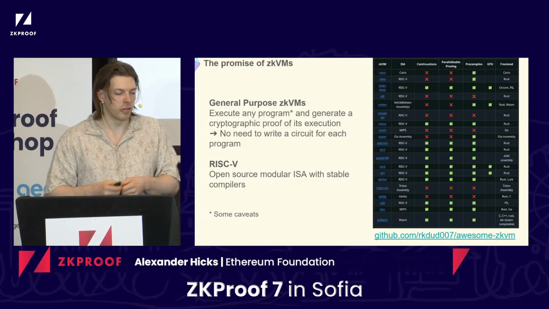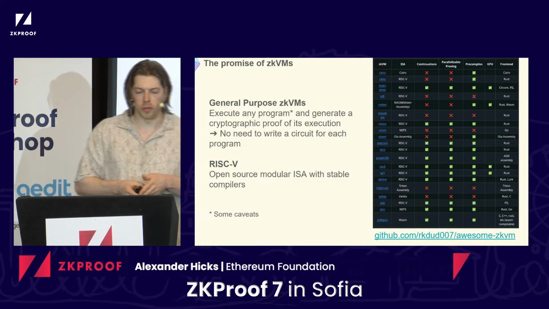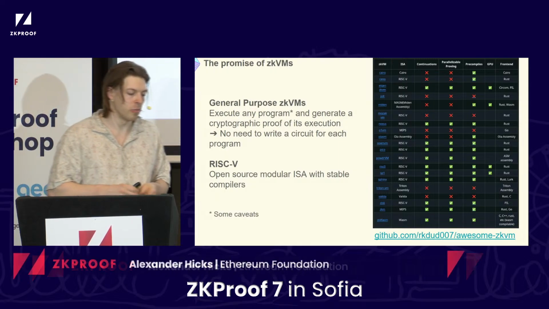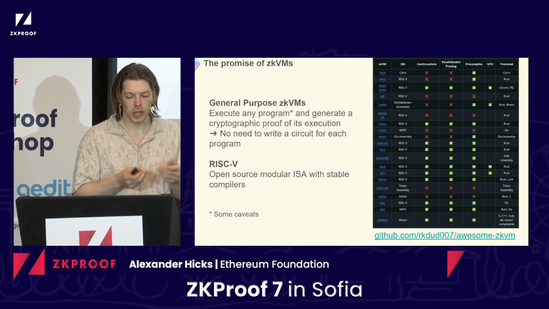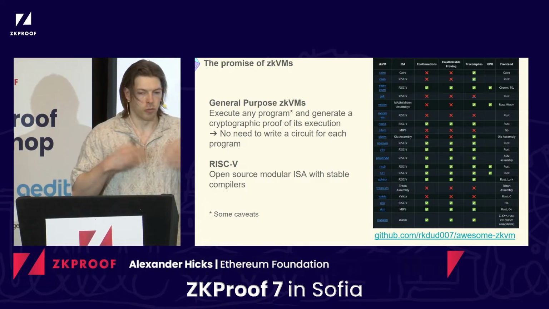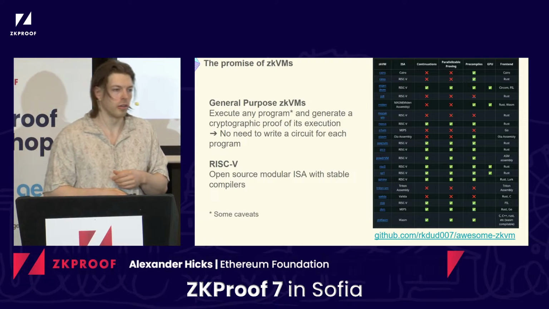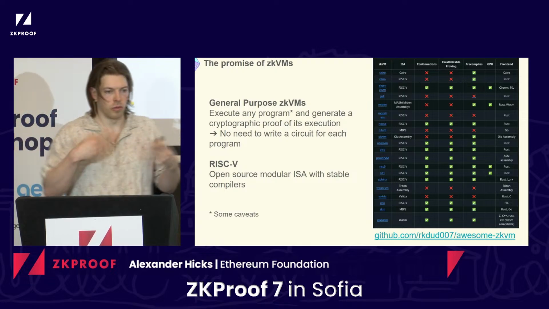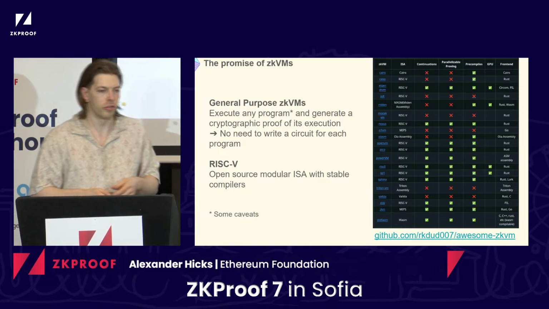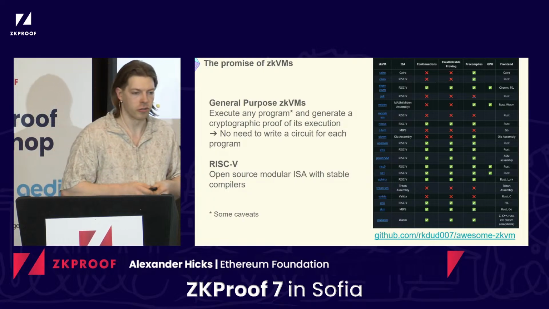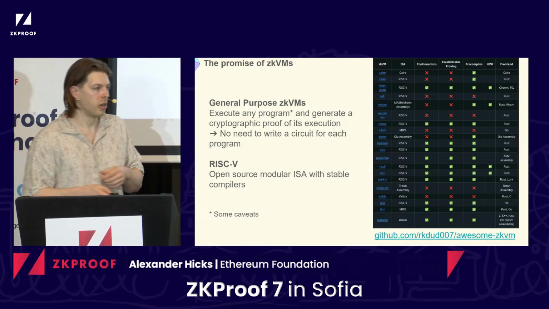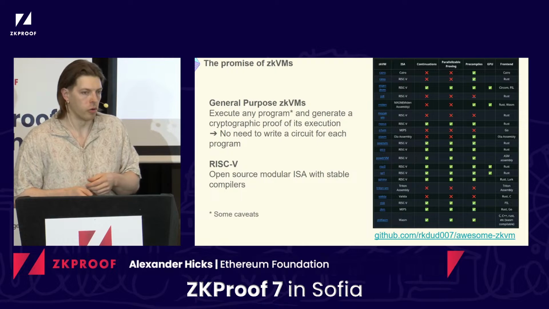And if you don't know what a zkEVM is, a zkEVM is this kind of nice general purpose virtual machine where you can take any program that you can compile to that zkEVM, which is sometimes a bit of a caveat, and you can generate some cryptographic proof of its execution or some other property of the program once you do that. The nice thing is that this means you don't need to write a circuit for your specific program, and so it's an attempt to kind of commoditize verifiable computation. This is quite attractive. Obviously, it removes the need for a lot of apps who might want verifiable computation to have in-house cryptographers to write these circuits. And as we all know, writing circuits that are not under-constrained or just in general secure can be a bit of a challenge.